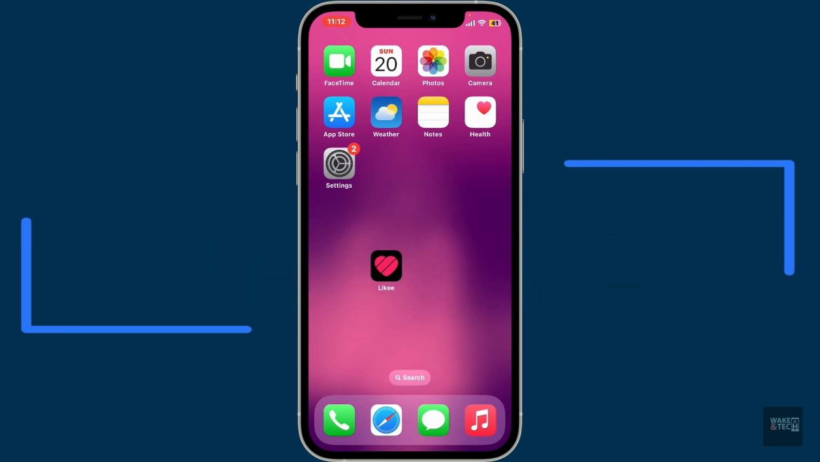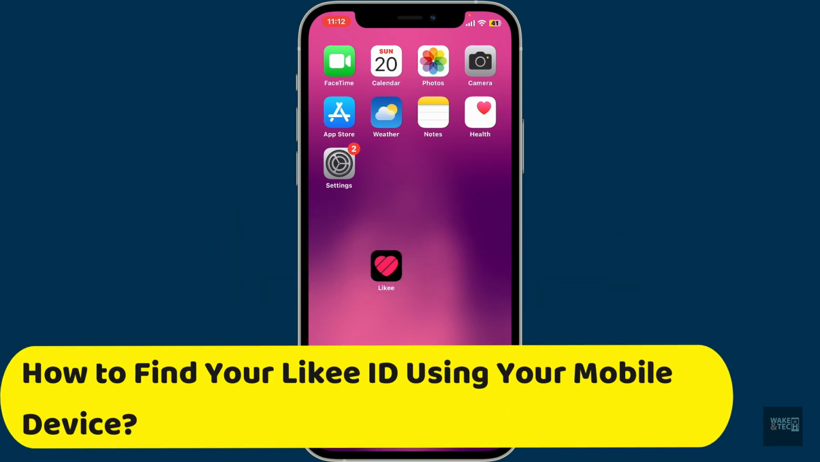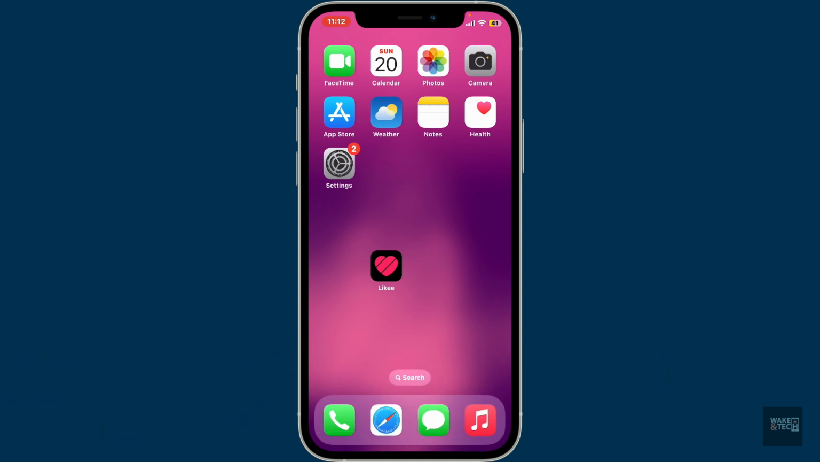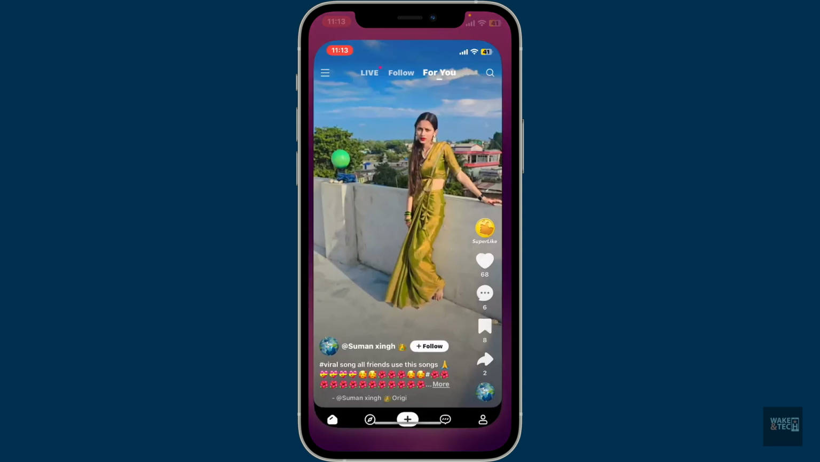Today in this episode we will be learning how to find your Likee ID using your mobile device. If you ever want to share your profile, recover your account or connect with friends, you will need to find your Likee ID. So first of all, open up the Likee application on your mobile device and then